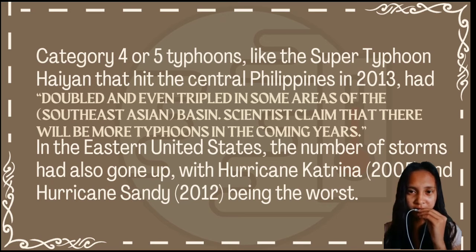Category 4 or 5 typhoons like Super Typhoon Haiyan, or Super Typhoon Yolanda, that hit the central Philippines in 2013 had doubled, even tripled in some areas of the Southeast Asian basin. Scientists claim that there will be more typhoons in the coming years. In the eastern United States, the number of storms had also gone up, with Hurricane Katrina in 2005 and Hurricane Sandy